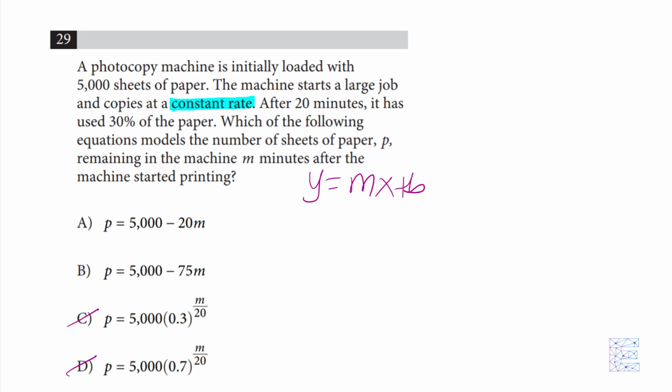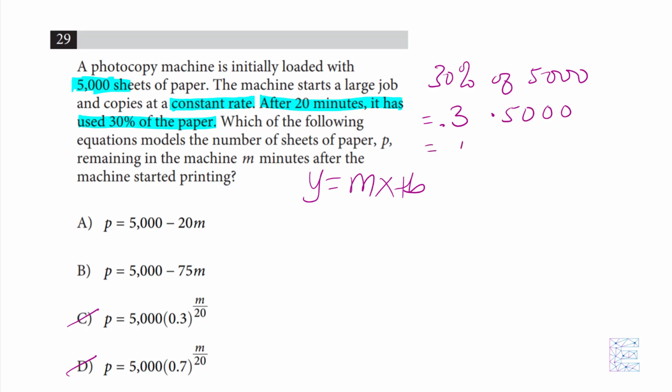Now the question says that after 20 minutes, we've used 30% of the paper. Well, how much paper do we have at the beginning? 5,000 sheets. So let's find out what is 30% of 5,000. Remember, of in math means multiply, so this is 0.3 times 5,000. And of course, this is the calculator section, so we know that we've used 1,500 sheets of paper in 20